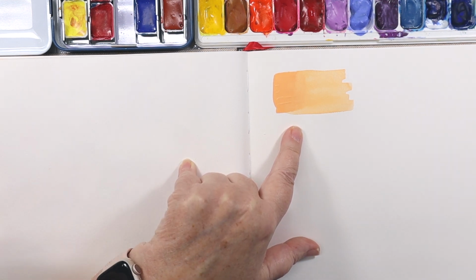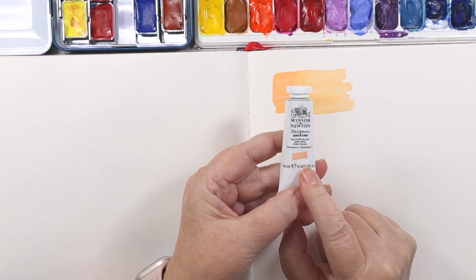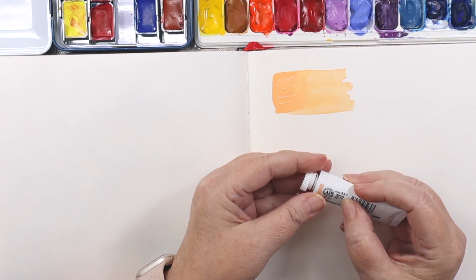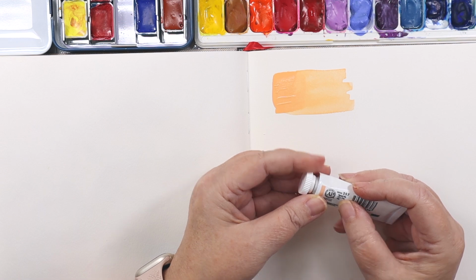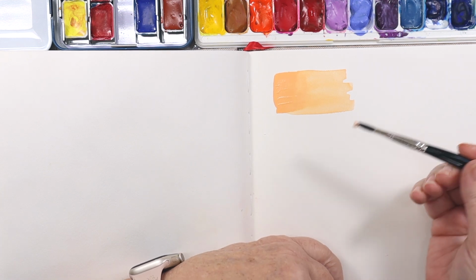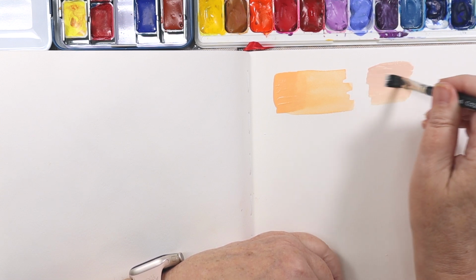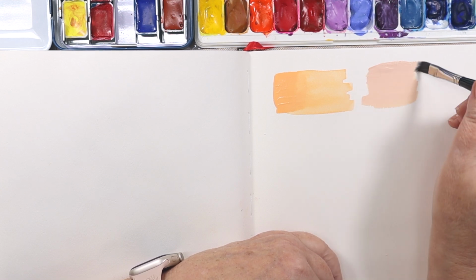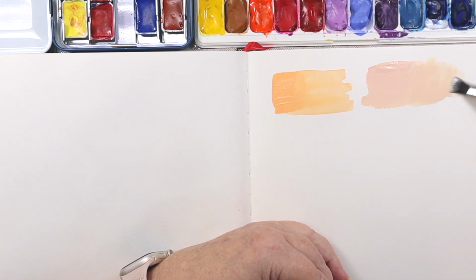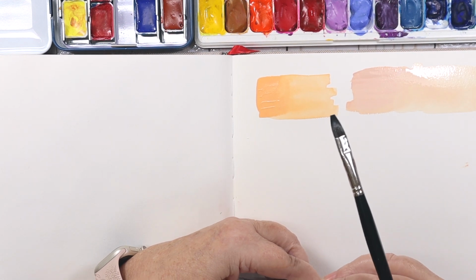So the next one I have, and I've got some really cool things I've found. The next one I found is a gouache, and it is called Pale Rose Blush. And it has PV19, PO72, and PY92, and PW6. So kind of the similar colors. Looks like it has a little bit more pink to it. That's why it's called pale rose. But that would make pretty flowers as well. And that's a Winsor & Newton gouache. You can thin it out like a watercolor. Pretty, pretty color. I am really loving these